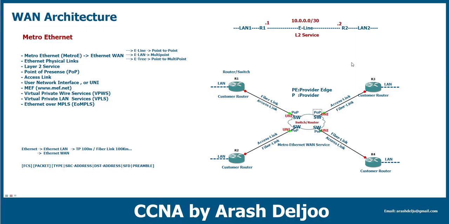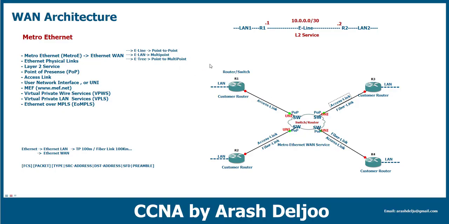Here we have, for example, four sites, and we want to establish the point-to-point Ethernet WAN between the different sites with each other. Okay, R1, R2, R3, and R4. Let me show you. Look at here. In this scenario, we have 4 sites and we want to have connectivity with only the Ethernet WAN point-to-point or